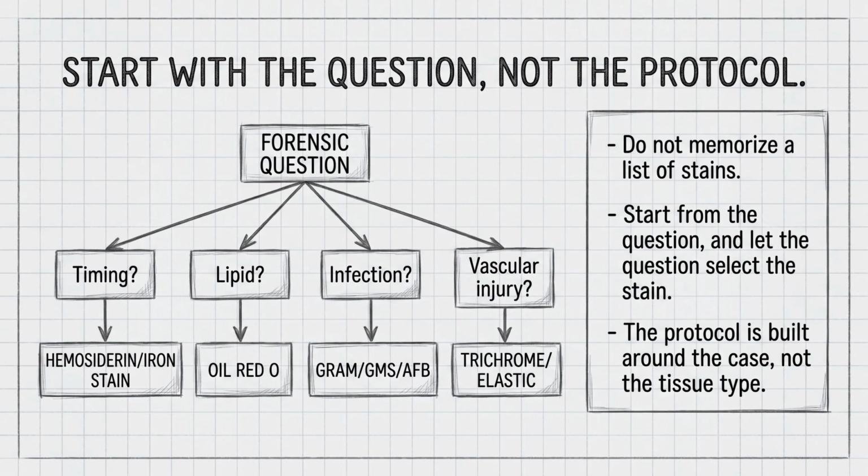Building on the idea that H&E has its blind spots, the most effective approach in forensic histopathology is to start with a clear question, not just a standard protocol. Instead of blindly applying a battery of stains, we first ask, what specific information do we need to confirm or exclude? This question-driven approach ensures that we select the most appropriate special stains, saving time and resources while maximizing diagnostic